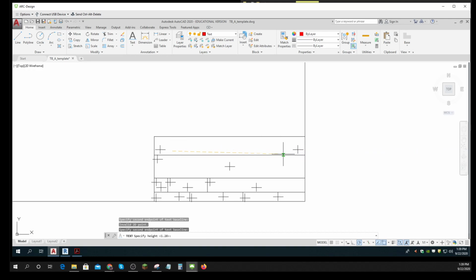I'm going to put some text in there. I'm going to start right there. My text height is going to be like 0.25. And I'll write